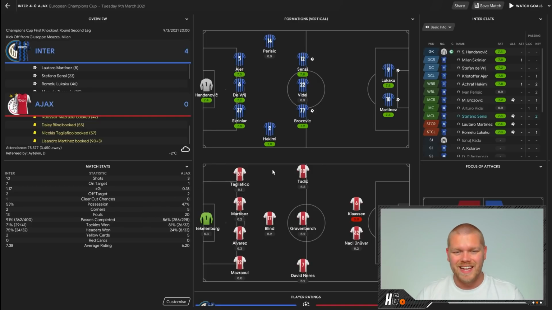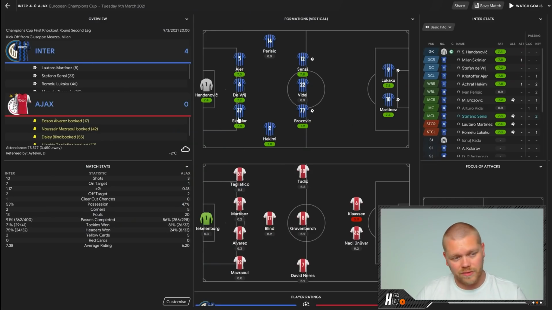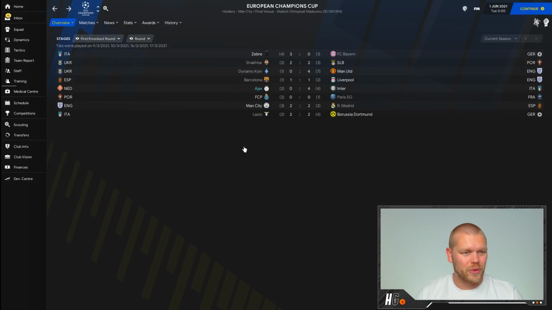performance against Inter, but they've got Lautaro Martinez, Lukaku, obviously, Brozovic, Vidal, Sensi, Perisic. Hakimi's a monster on this game. They've signed Aya from Celtic. Great pickup, and Handanovic. That makes that defense very, very good, and I can see why we didn't score past